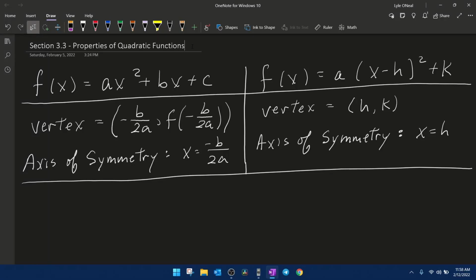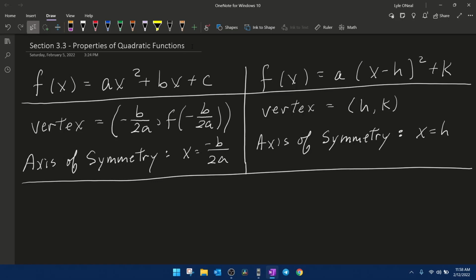Hello and welcome to our lesson on the properties of quadratic functions. This is going to be from section 3.3 in our Precalculus text. Let's get started. You're going to notice that I have this set up in a grid because there's two formats